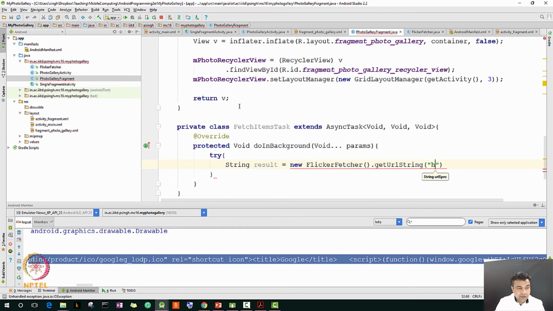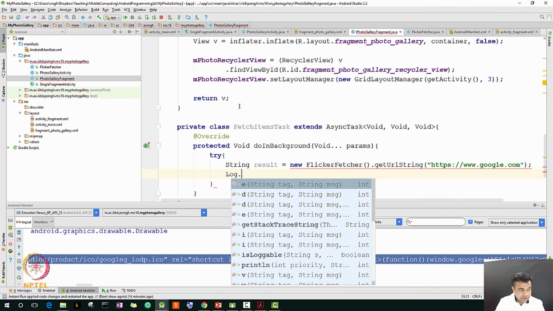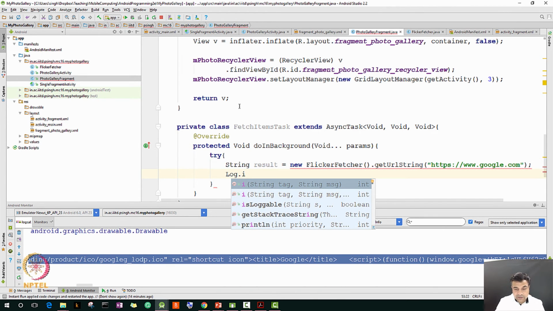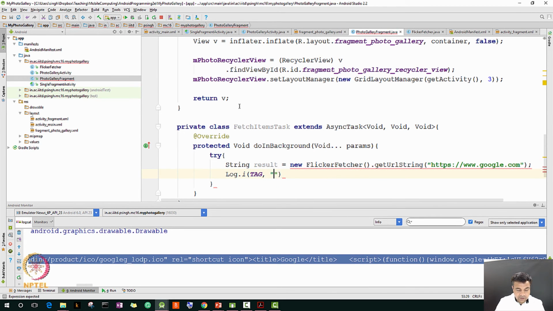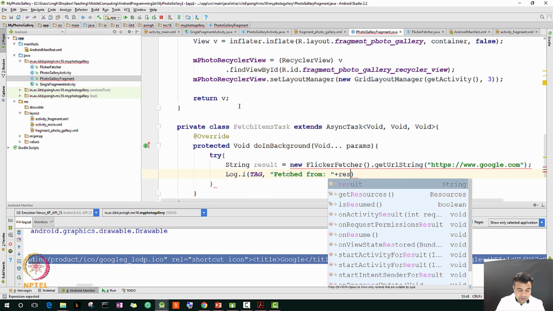For the time being, let's just give www.google.com. And whatever we receive, we just print it as a log message. So we just print it as log message fetched from, plus result,